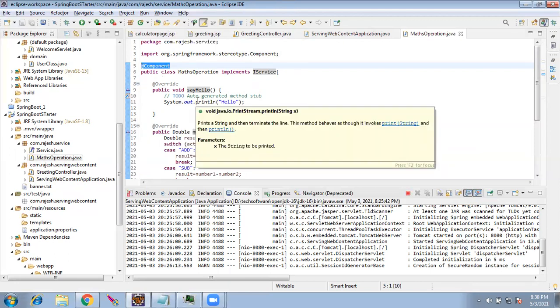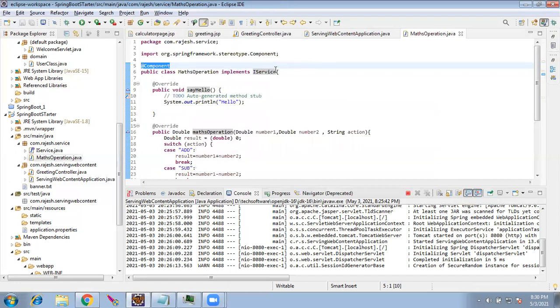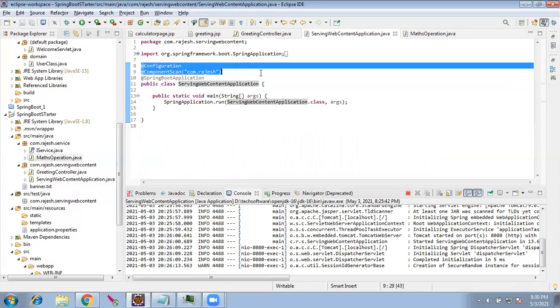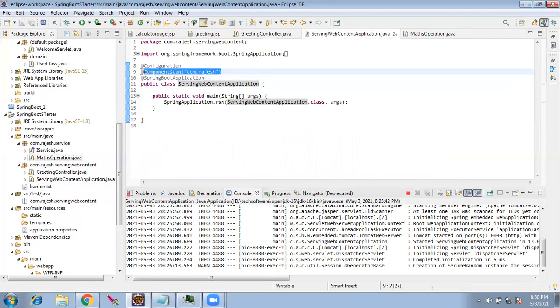Wherever the user has used this interface, you take this class and create an object. So this is important. In the order, first are these two. In the main application, we have to give configuration and component scan. So this becomes eligible, and this will start looking at all the files.